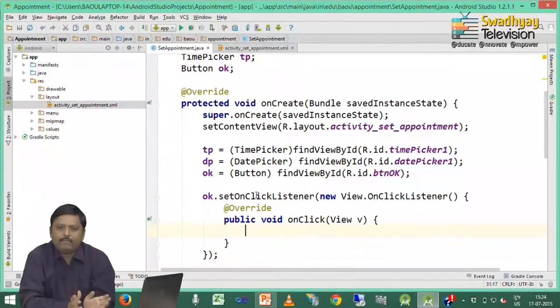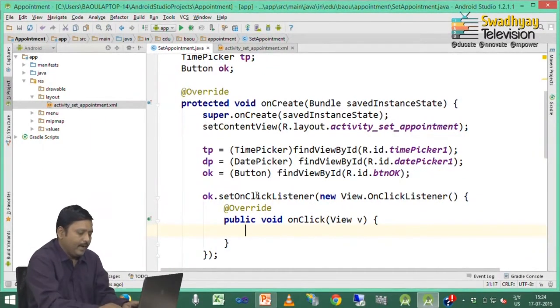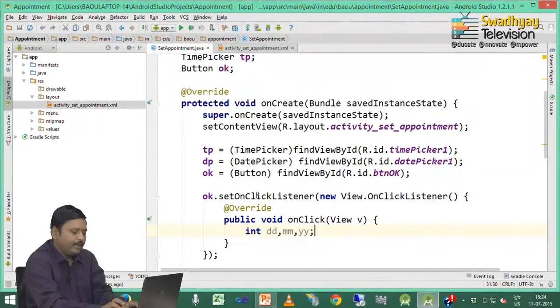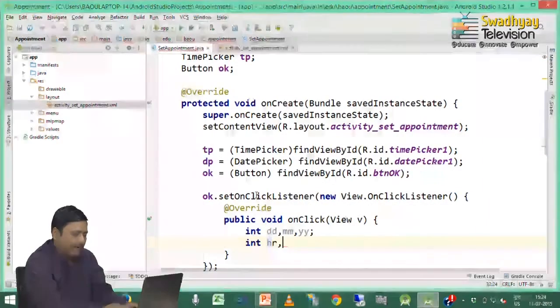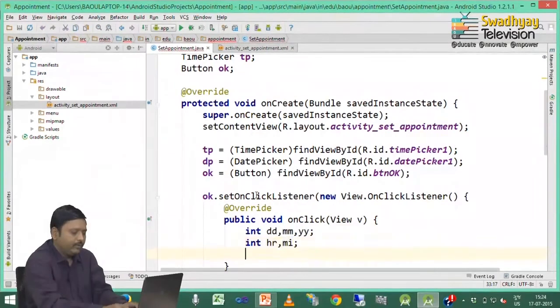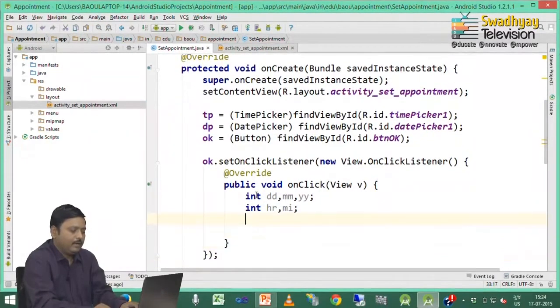So, I write down same code inside this on click method. Here I declare variables dd, mm, yy which represent date, month and year, and hr and min to represent time picker's hour and minute.